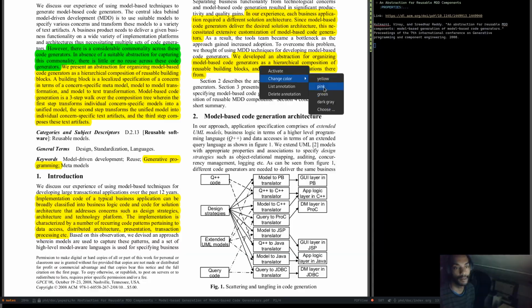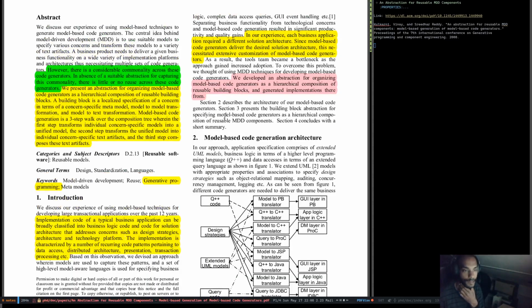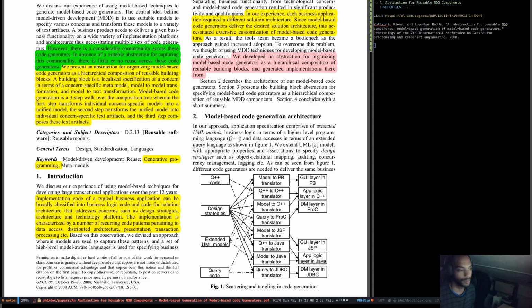I think it might even be pink if PDF Tools allows us. Section 2 describe, in fact, to be honest, we haven't actually written any notes yet, so